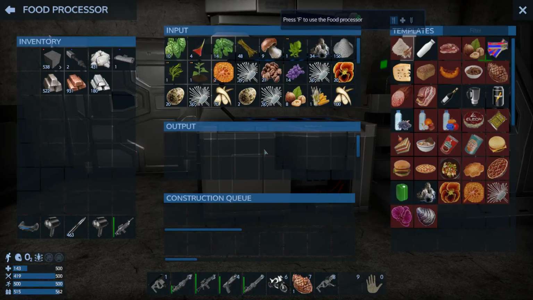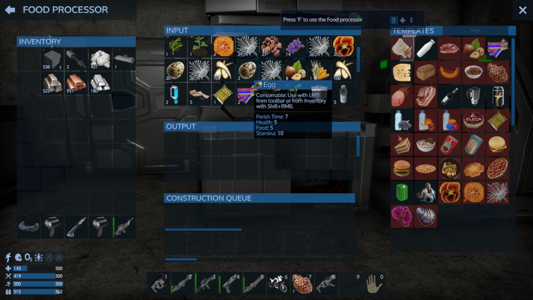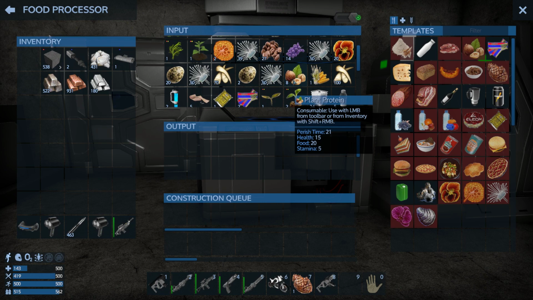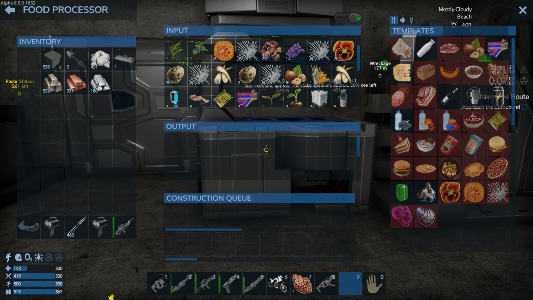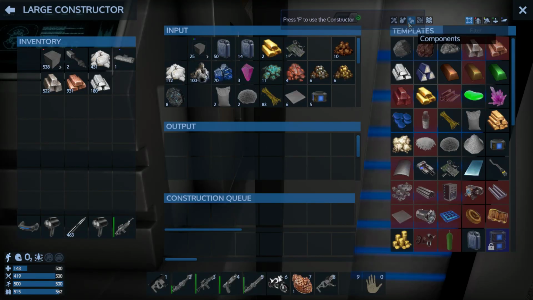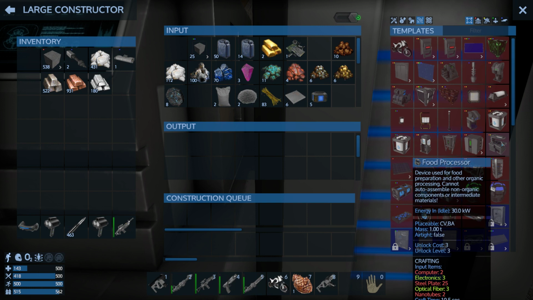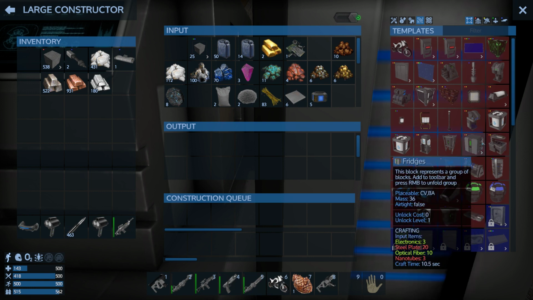Interesting. Does this keep food refrigerated? I'm just finding it interesting that nothing's been rotting in here at all. I'm starting to think the food processor refrigerates. I don't know if that's a new feature or not, but I don't remember doing this. Device used for food preparation and organic process cannot auto-assemble non-organic components, blah, blah, blah. It says 30, and this uses...